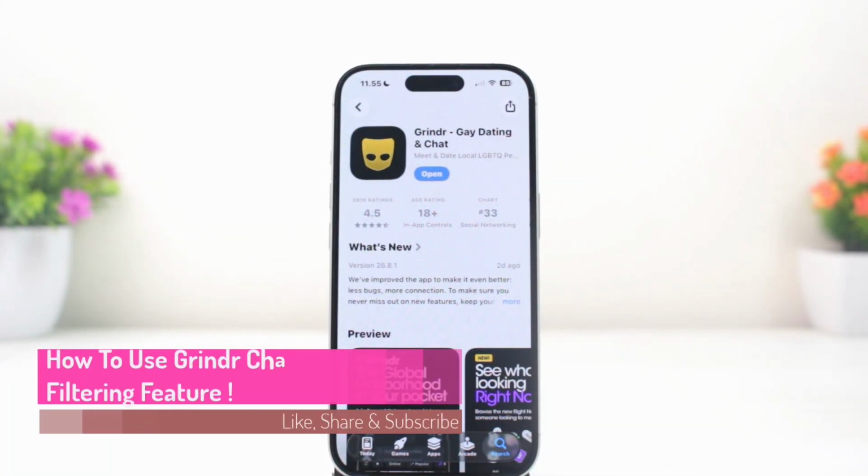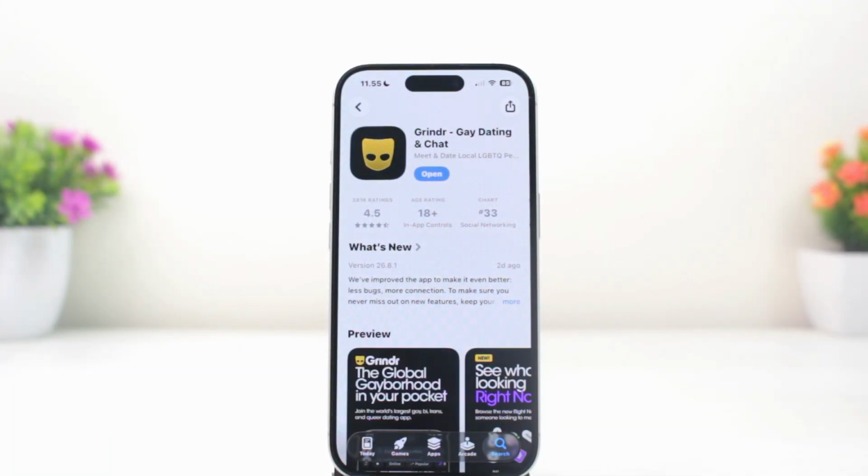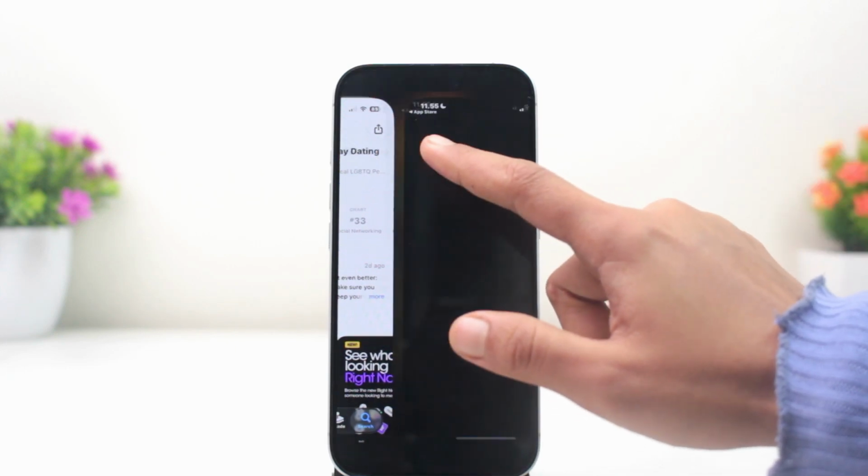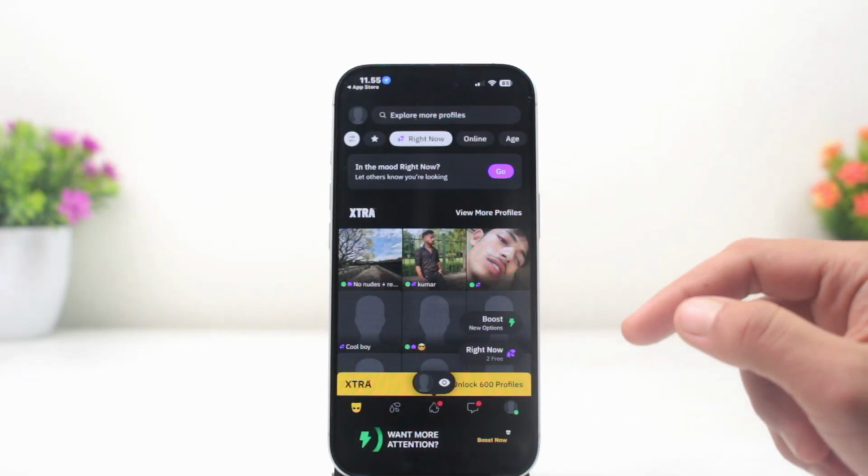So today we'll be talking about how to use Grindr chat filtering feature. So let me tell you guys, Grindr allows you to filter the main grid to find specific types of users, which effectively filters who you see and consequently who you chat with. While there isn't a single button to filter incoming messages, you can customize your grid to only display users who meet your criteria. So to use this filter, open your Grindr app and then go to your main grid, which